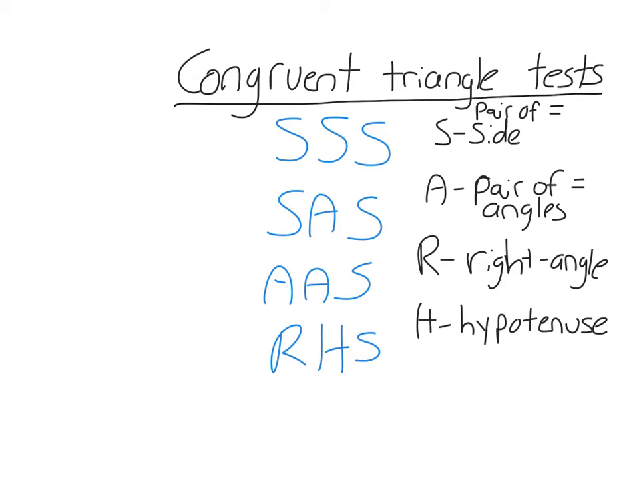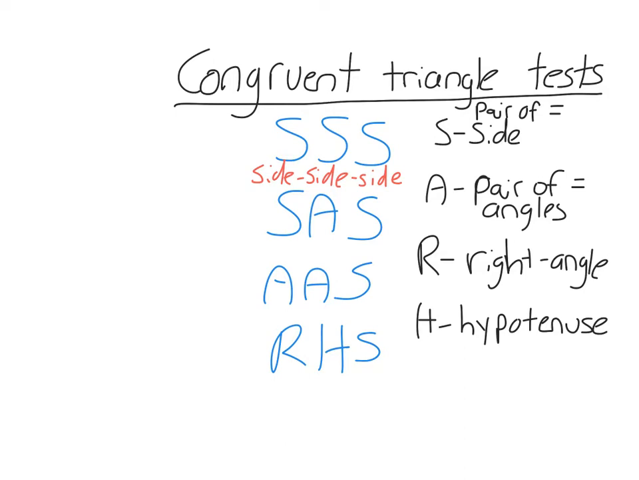congruent. So for example, the first test means side, side, side. It means that if you have two triangles and there are 3 pairs of equal sides between those two triangles, then the two triangles are congruent. It means that if there are 3 pairs of equal sides, then there will be 3 pairs of equal angles. I don't even need to